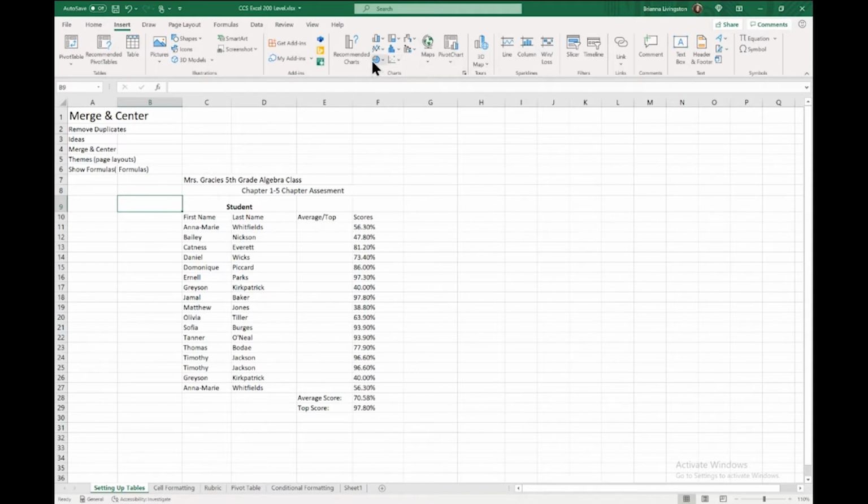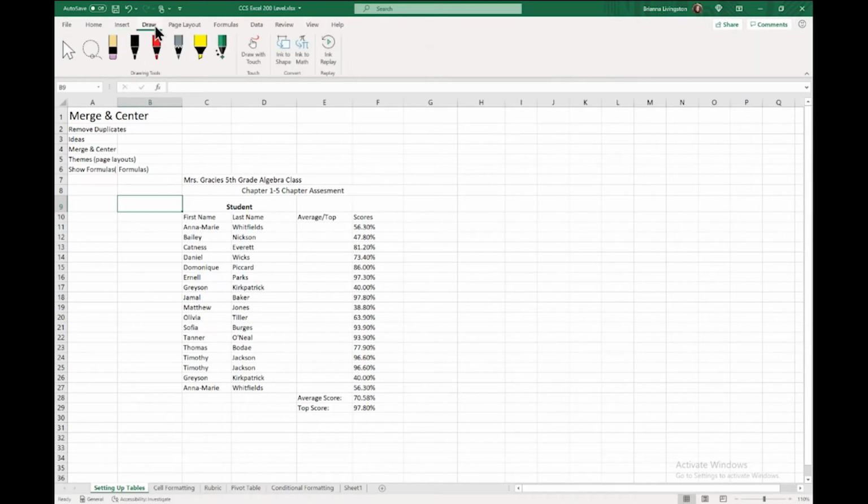This is also where you're going to find any of your pie charts and graphs. We do have 3D maps now, which is newer, which is really cool. We won't be going over that today, but if you have any geographical data, you can actually put that on a 3D map and build little animations around it. But these are all different types of visualizations, essentially. Slicers are kind of like filters, and so on and so forth. So these are all of your graphics and anything you need to insert, like a link, a video, a comment, any of that stuff, headers, footers, good stuff.